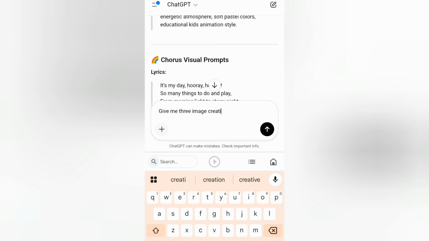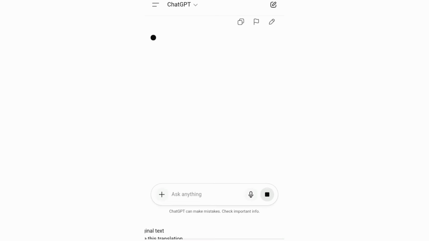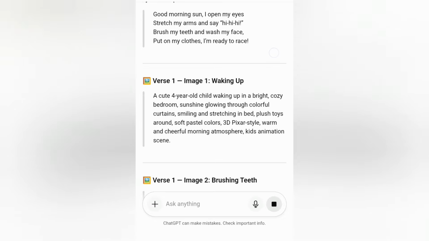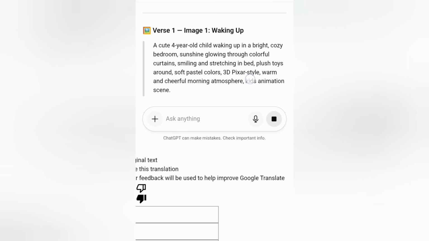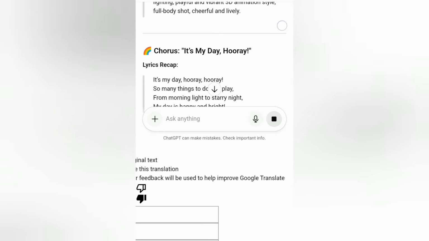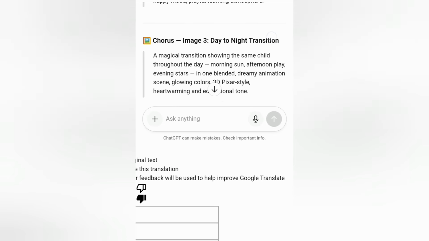image creation prompts for verse 1 and chorus, and add this text so that it can understand what you want for each. Each will have 3 images and 3 videos. And you can see ChatGPT gave me those. Now there are 6 prompts, so I'm going to create 6 images,